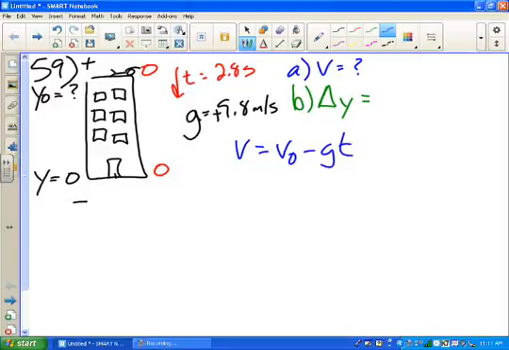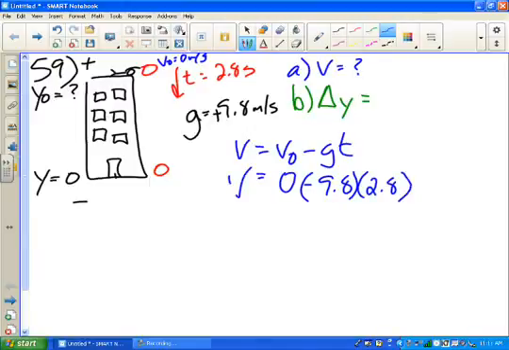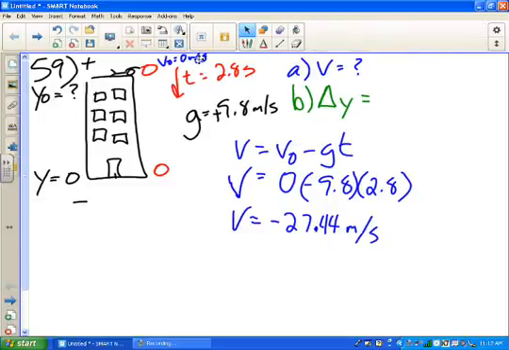This equation normally would be v naught plus a times t, but because we're using g, they put the negative sign. So I'm going to find the final velocity by plugging in that the initial velocity is 0, the ball wasn't moving when you let go of it, and then I'm going to minus the 9.8 times the 2.8, and I get the final velocity was negative